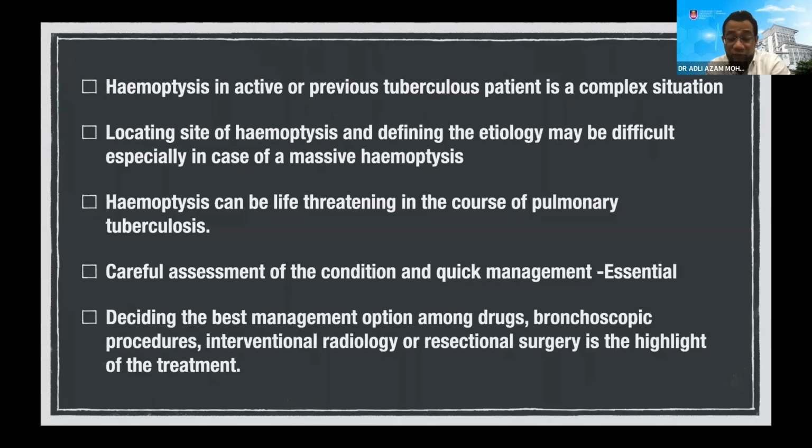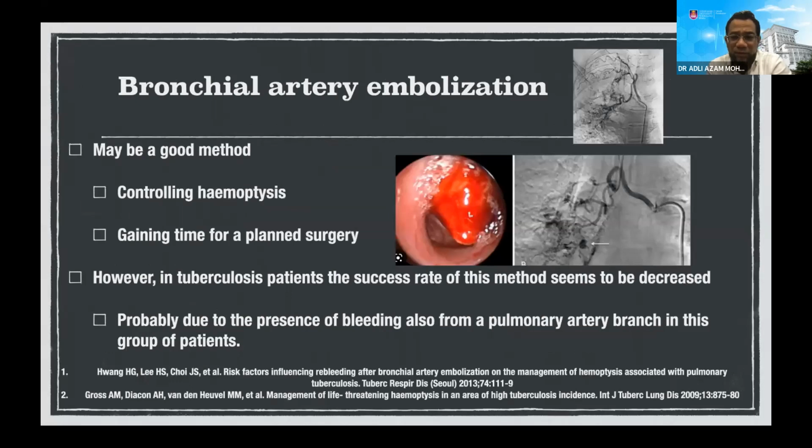Careful assessment of the condition and quick management is an essential part of it. Deciding the management option among drugs, bronchoscopic procedure, interventional radiology, or resectional surgery is the highlight of the treatment in this paper. Maybe I can touch on bronchial arterial embolization. This paper mentioned it may be a good method in controlling the hemoptysis, gaining time for planned surgery to control and stabilize the patient. However, in TB patients, the success rate of this method seems to be decreased,